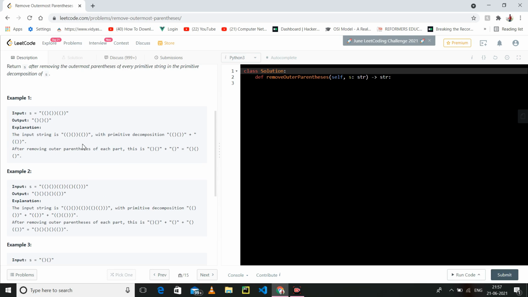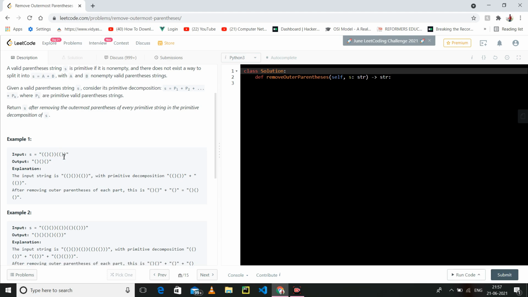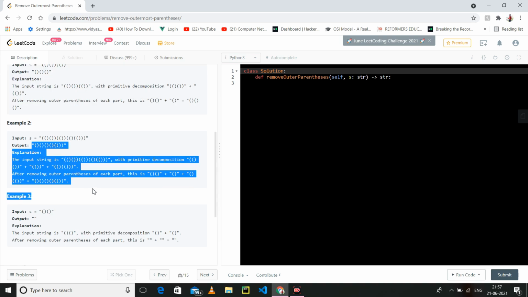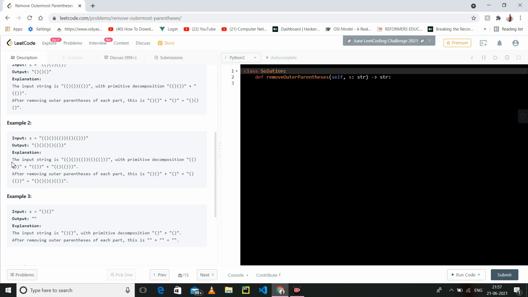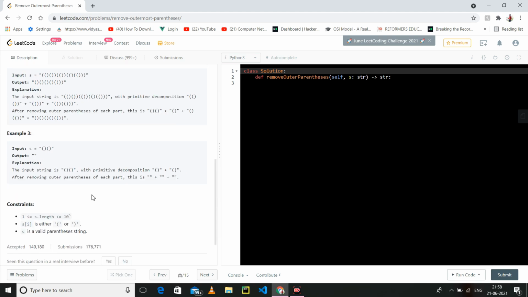So what we have to do is, we have a given string, and we have to remove the outer parenthesis and return the inner parenthesis. I think this is a clear example in which they have described it very well. This is the first valid parenthesis, this is the second and this is the third. So what is the condition? The condition is s is always valid. So this is our plus point. That makes the question easy, otherwise it could be a difficult level. It is always valid.